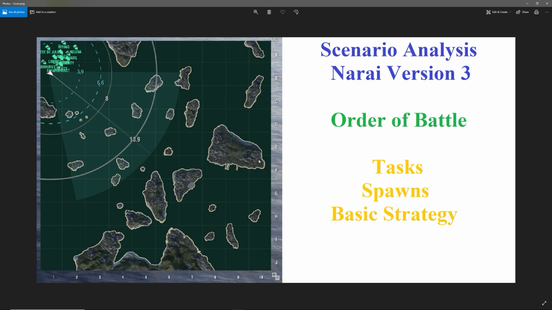It had a more enclosed base with this exit not there, and a little alcove here that the Lexington would run to if it was not killed quick enough, which often led to a very hard time sinking it. There were also a lot more ships inside the base, but there was no destroyer that came out to protect